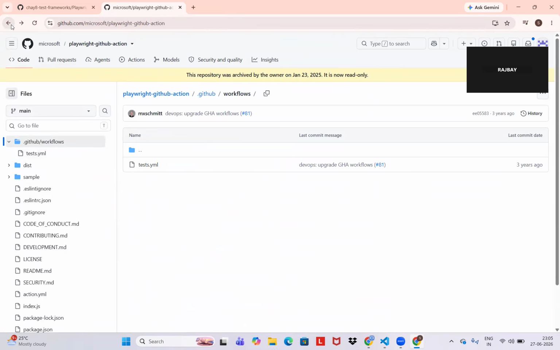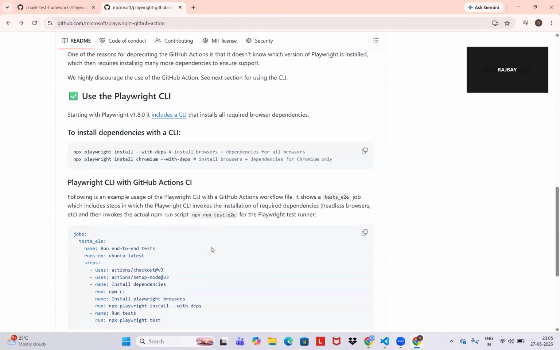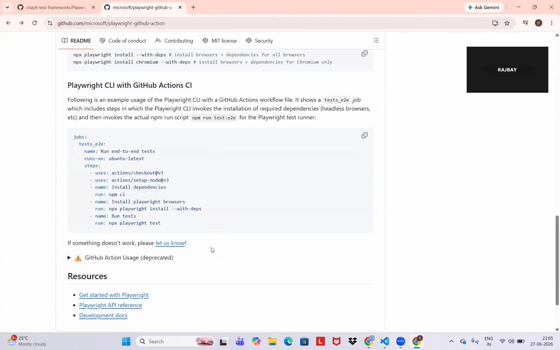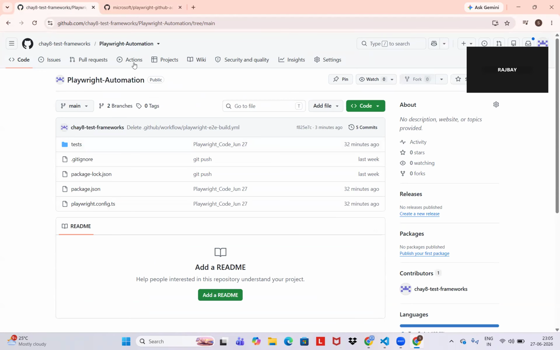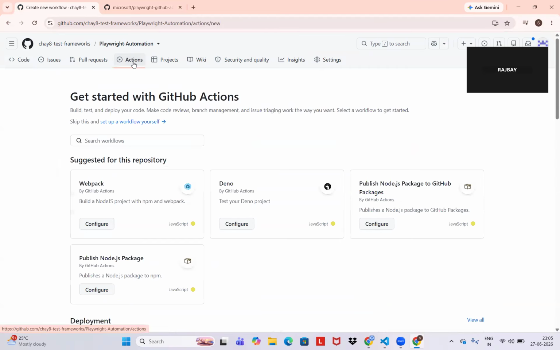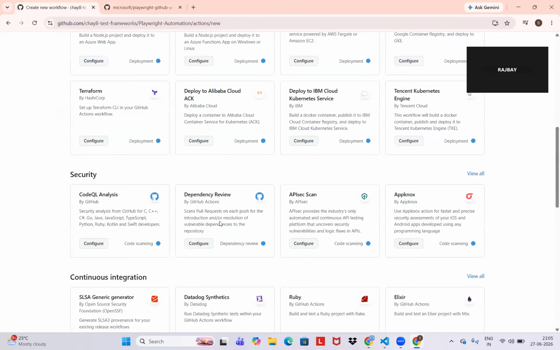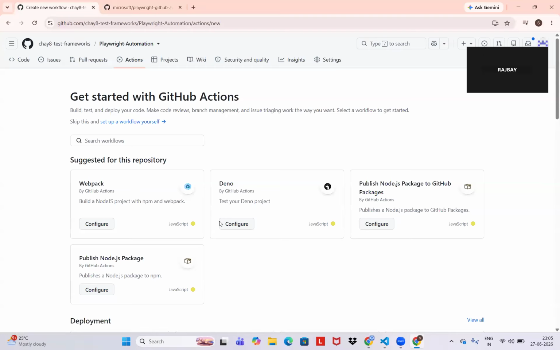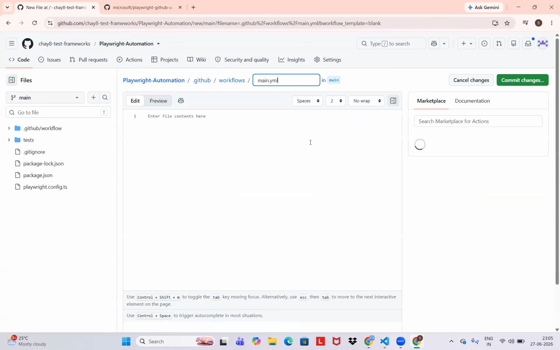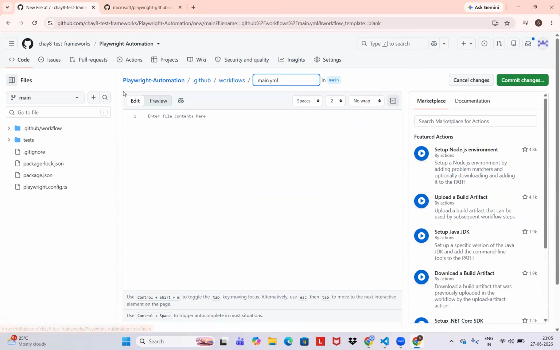I will not make any changes. First we will create a basic GitHub workflow. Before that, check whether any workflows are available here. Go to Actions. There is no workflow I have created, so initially we'll create one workflow here. Okay, set up workflow. When I open that, it is asking for the Playwright automation GitHub workflows YAML file. So I'll give one name, playwright